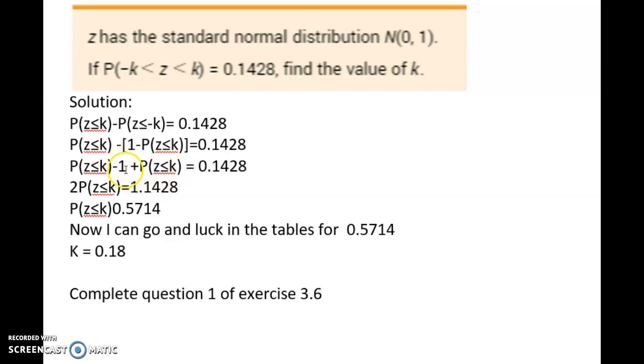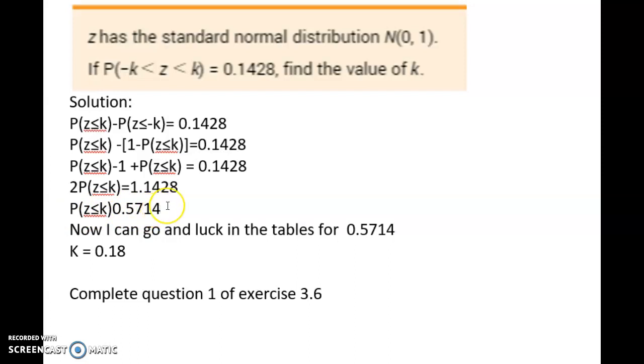Now if I bring that minus 1 over here, I can add it here, and then I've got P of Z is less than k plus P of Z is less than k. Well, what is that? That's 2 P of Z less than k, and that's equal to 1.1428. Divide both sides by 2, and I get P of Z is less than k is equal to